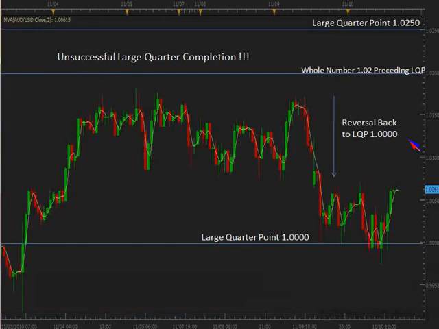Because, as I will show you right here, the unsuccessful completion of a large quarter has its consequences. Here's an example with the Aussie dollar exchange rate. Ahead of the Fed's interest rate announcement, the dollar parity level there, 1 US dollar for 1 Australian dollar, is being approached, challenged, overshot by 2 pips on October, I don't remember exactly the date, where the